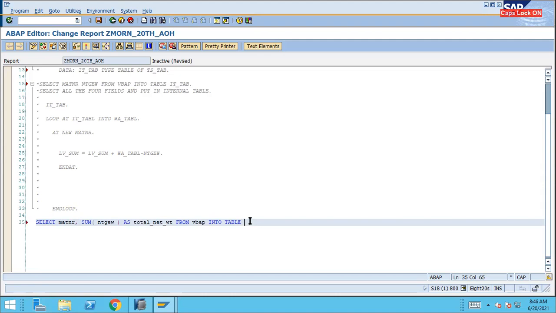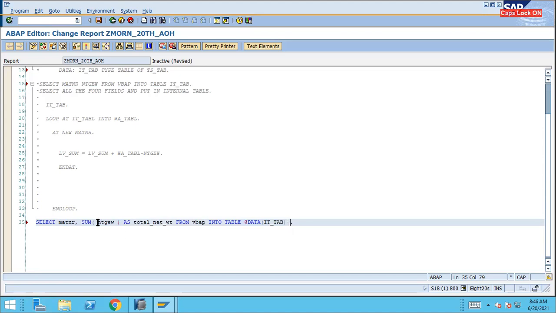I can also use the inline declaration and directly create the internal table to store. So here, @DATA, you will have to store these two values from the database. So @DATA and here you can write it_tab. So you don't have to define explicitly.